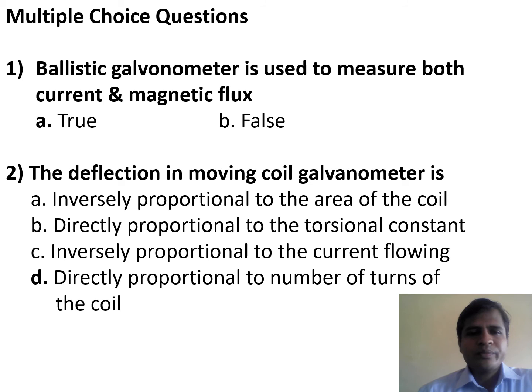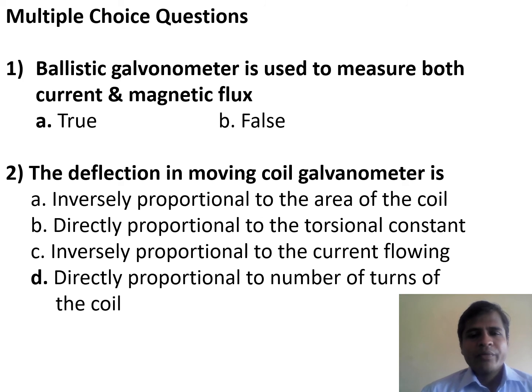Question number 2. The deflection in moving coil galvanometer is, we have 4 options. Option A, inversely proportional to the area of the coil. Option B, directly proportional to the torsional constant. Option C, inversely proportional to the current flowing. And last option, D, directly proportional to the number of turns of the coil. Out of this, the correct option is D, that is directly proportional to the number of turns of the coil,